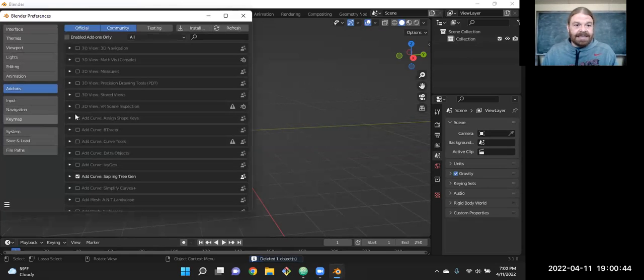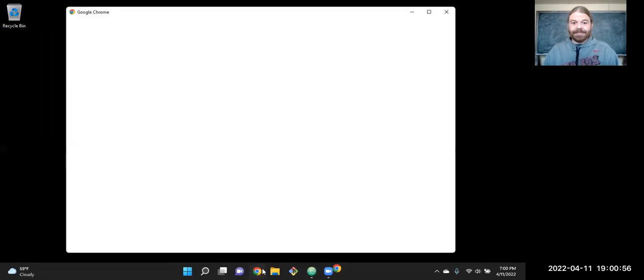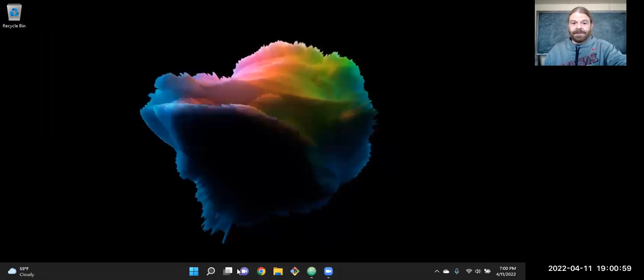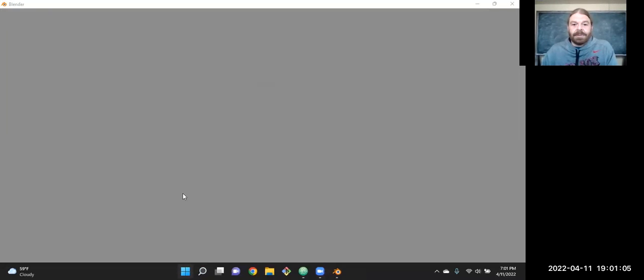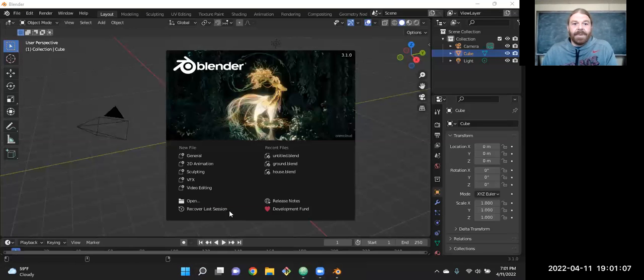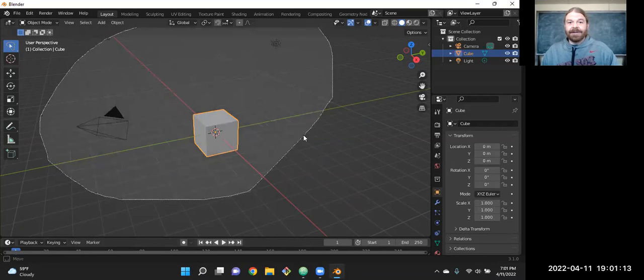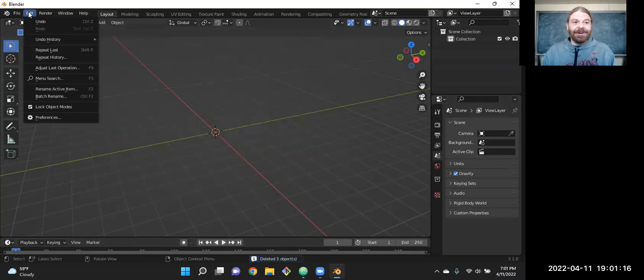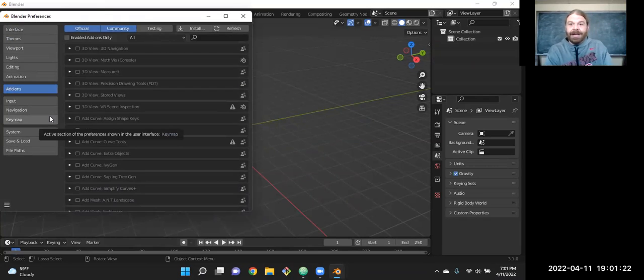In the chat room, there was a suggestion of reinstalling the add-on to see if that works. So I'm going to turn it off. And I'll restart Blender again because it doesn't seem to take very long to restart Blender. But hopefully the core idea of how to turn that into a script made sense there. Just make sure when you all do it that you don't try to do 1,000 trees right off the bat. Start with like 2 or 3 to make sure it works and then come back to it.